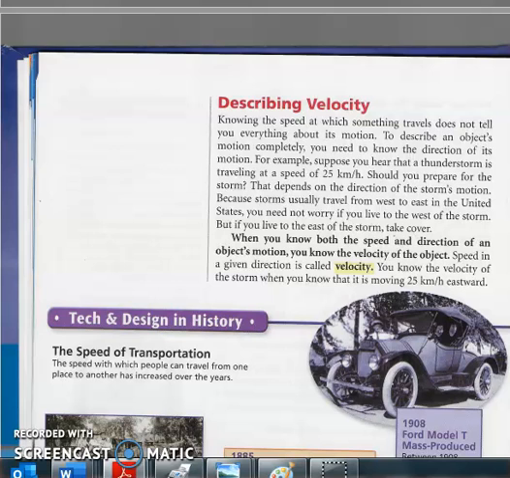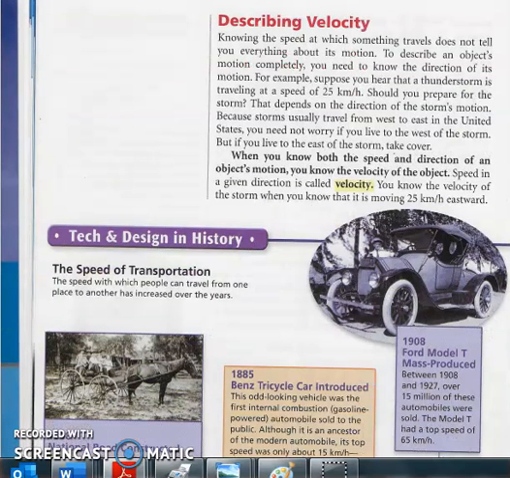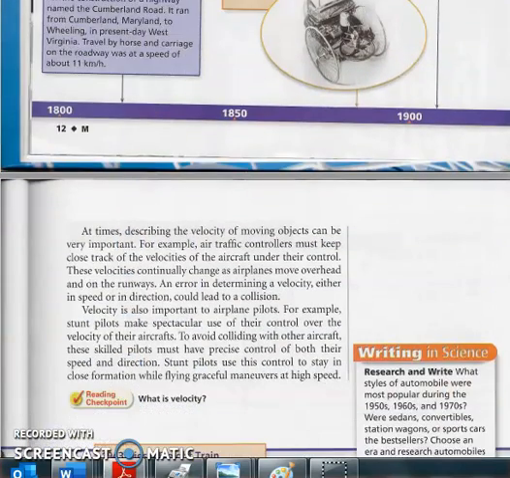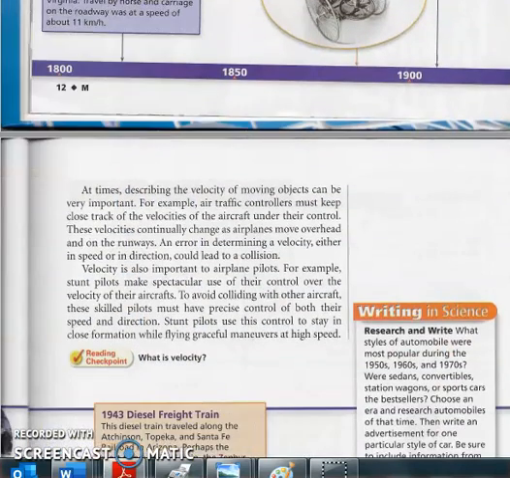Speed in a given direction is called velocity. You know the velocity of the storm when you know that it is moving at 25 kilometers per hour eastward. At times, describing the velocity of a moving object can be very important. For example,